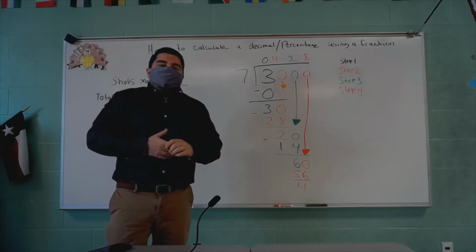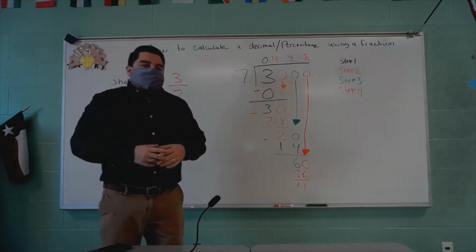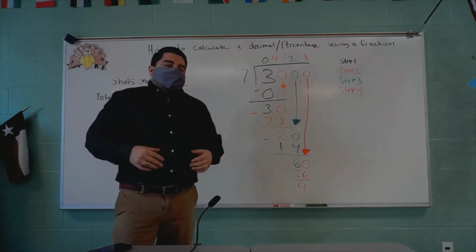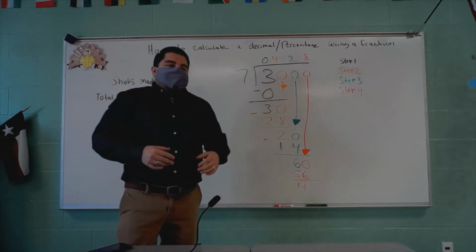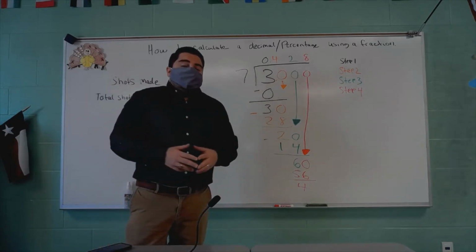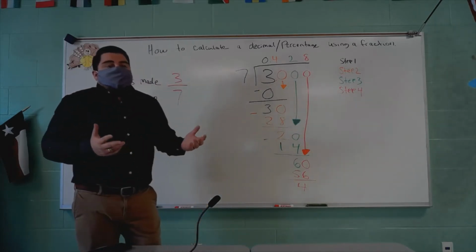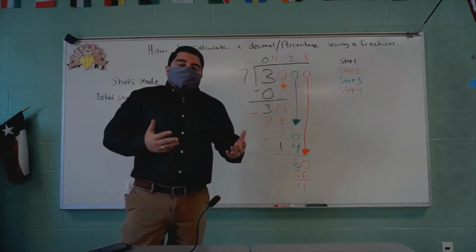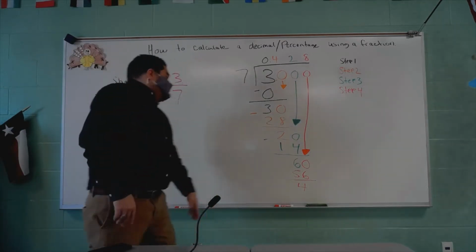But we wanted to kind of show you, since basketball season is getting back into effect and we're huge Spurs fans, we kind of wanted to just play around and see if we could add some math to our social studies Google Classroom. So we're going to, hypothetically, if I went to the free throw line and I shot 7